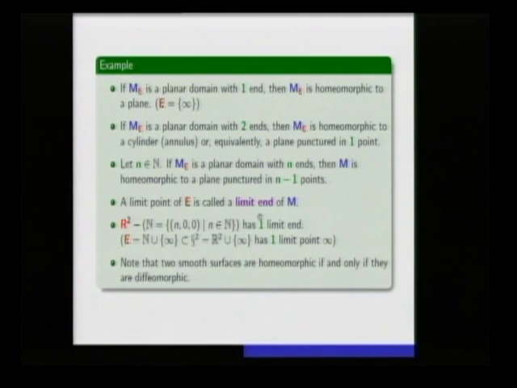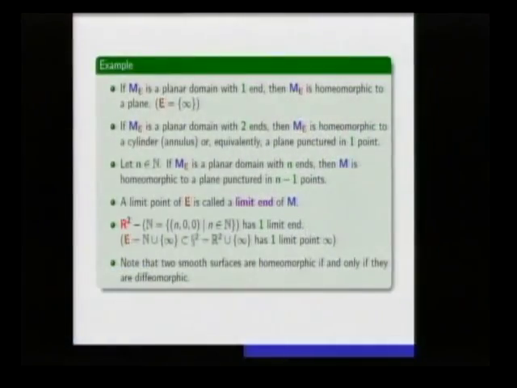Now we get this interesting notion of limit ends. Remember we had this closed set, which we can think of, if we were genus 0, as just being on a great circle on the two-sphere. That closed set is infinite. We always have limit points, right? If you have an infinite set and it's compact, it always contains limit points. Those limit points are not just any kind of end. Those are called limit ends, the limit ends of the surface. So the limit points of the set E are called limit ends.